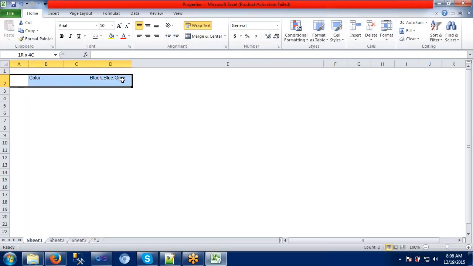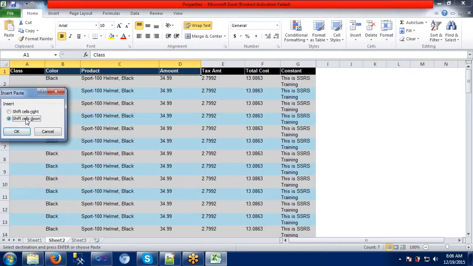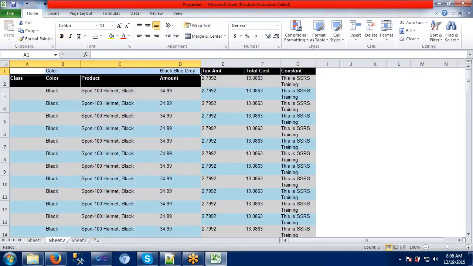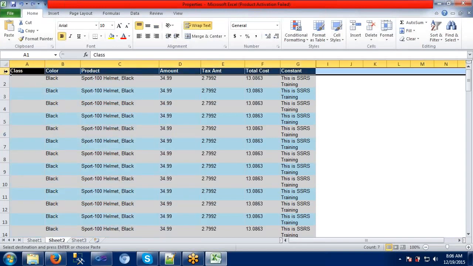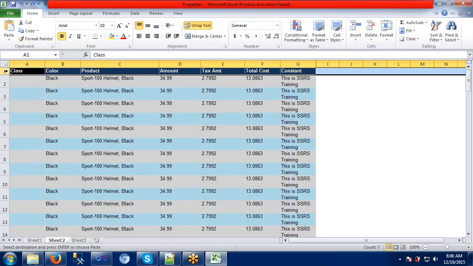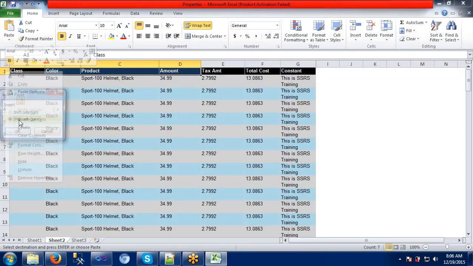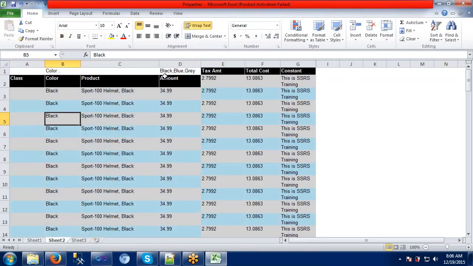Actually, this should be on top of this only. Okay, insert cells here. So it will be displayed like this actually.